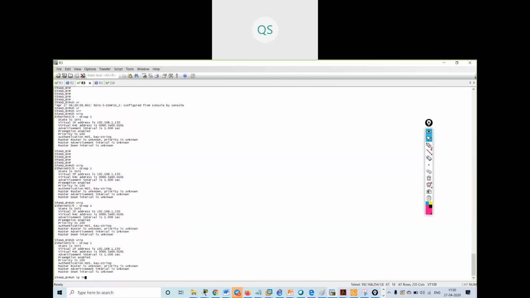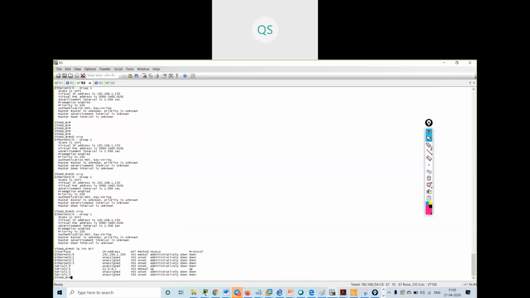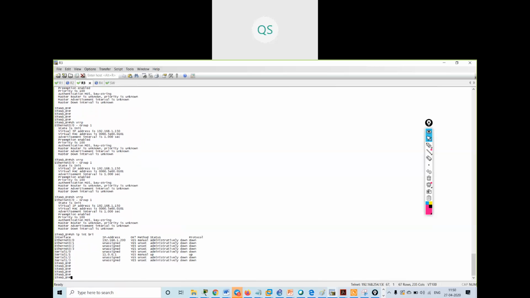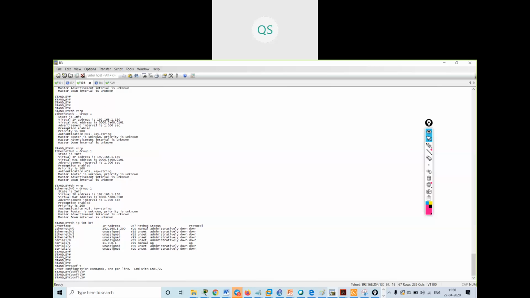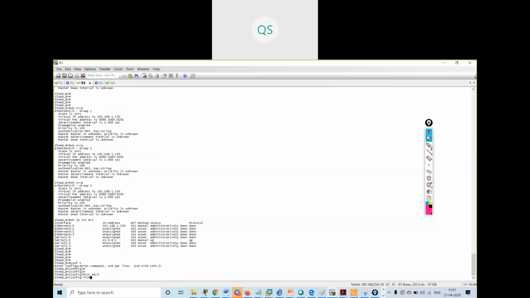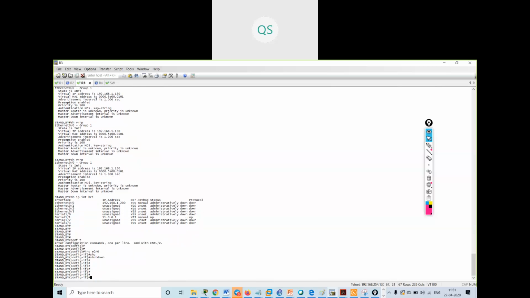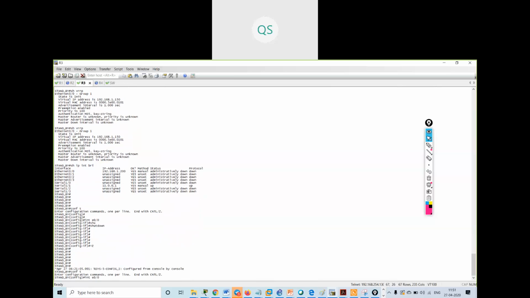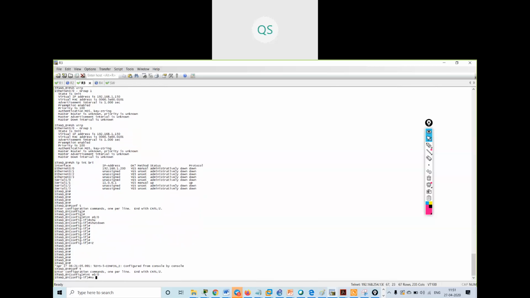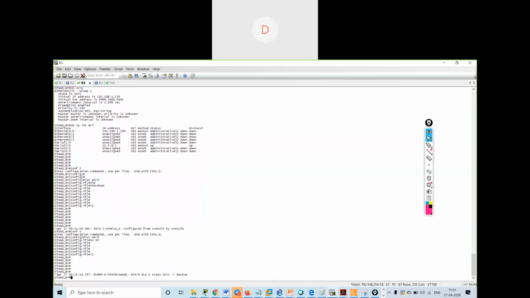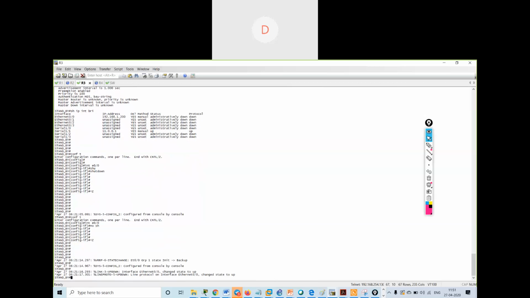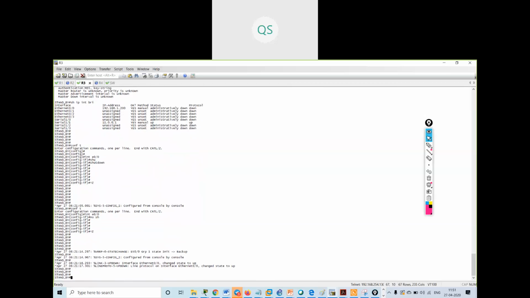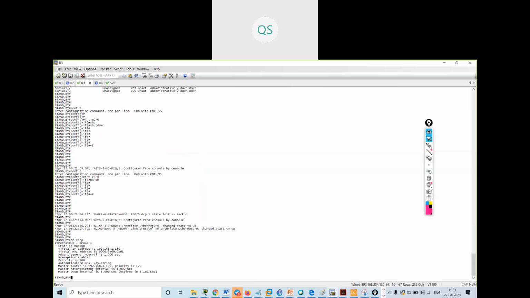So show IP interface brief. See, the interface is down. I have not made the interface up again. That is the reason it is not giving me the reply. Once I make the interface up with no shut, see, it took the state as backup.